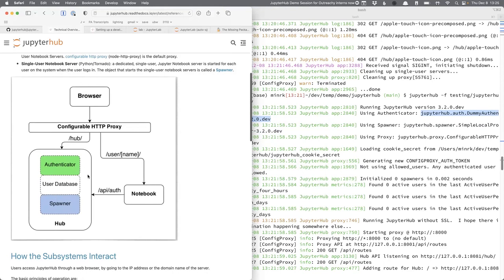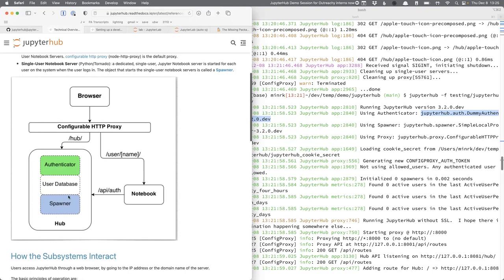Most of what JupyterHub is, is a tool for launching notebook servers for each user and then routing the requests and handling the authentication for each user. So when I log in, I get a server, and JupyterHub is responsible for logging me in. This is authentication, saying, who are you? How do you verify who you are? And then once it's decided, okay, I know who you are, you're allowed to use this service,